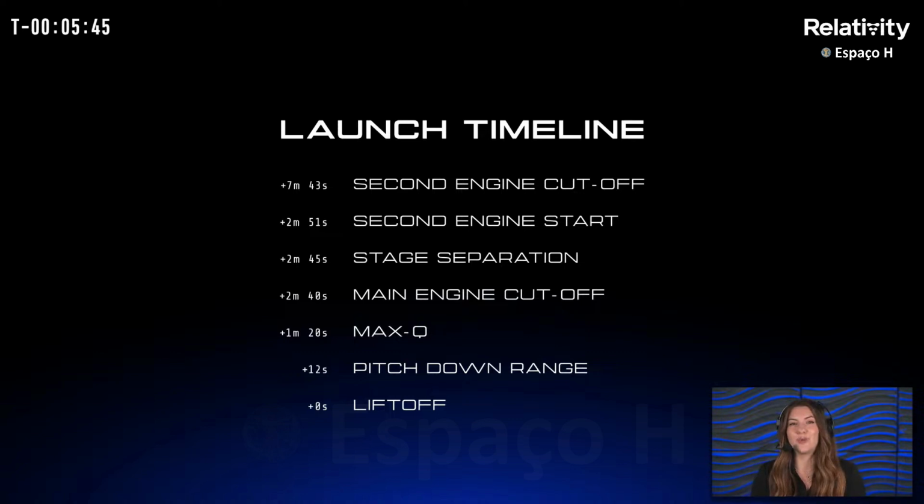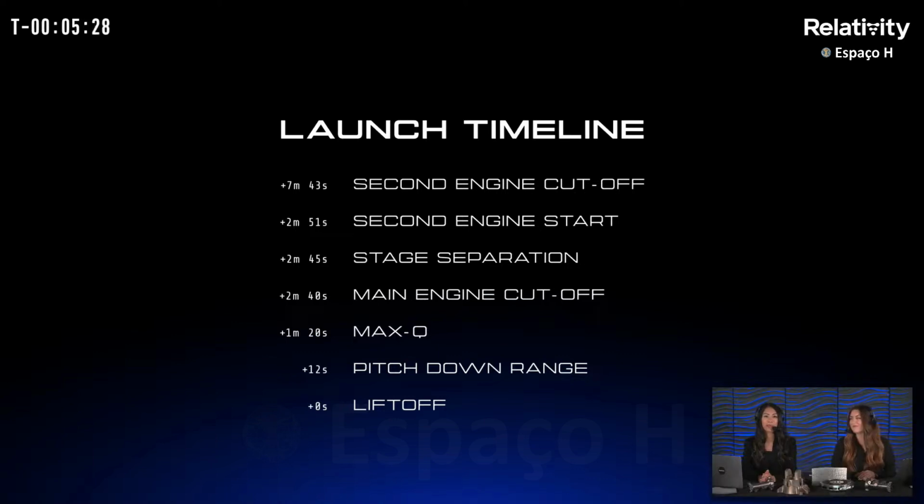And then at T+12 seconds, we'll begin our pitch over program. So we'll go downrange in an easterly direction over the Atlantic Ocean. And then at T+80 seconds is that very important milestone of max Q, where the structural loads on the vehicle are the highest. At approximately T+160 seconds, we'll get to main engine cutoff, or MECO, where the stage 1 engines